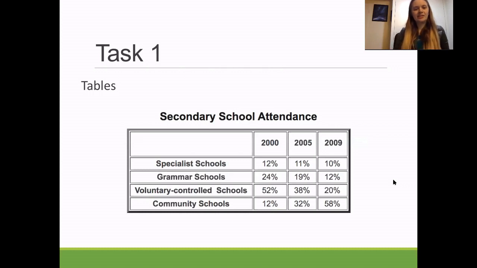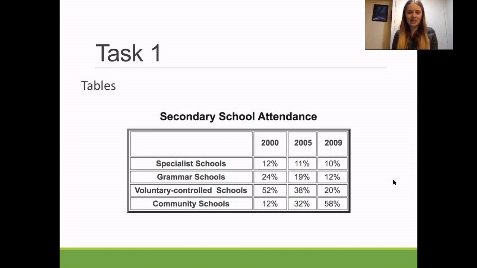So then this is the table. Secondary school attendance, you have specialist schools and the percentages for each year, grammar schools, voluntary controlled schools, and community schools. So you'll just take a minute to look at this, see where the biggest numbers are, the smallest numbers, try to take note of, like you could talk about what was highest in 2000. And then if that changed in 2005, or the highest was still the highest, but they were changing, and then